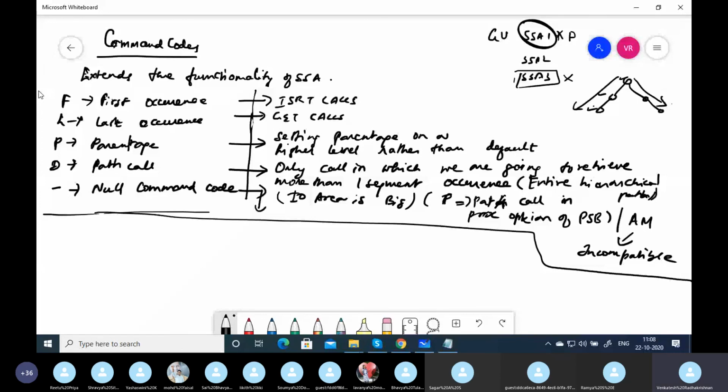And different segment types at the same level are called siblings. So we saw the nomenclature, what the control blocks are, how to create the control blocks, and how to create the database. How to use the database in a program, and how to give calls, and the parameters and function codes.